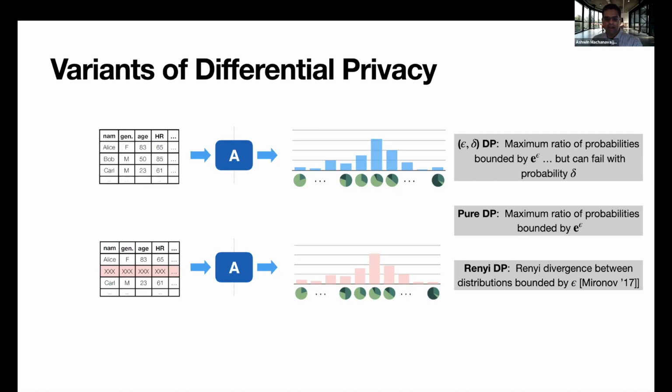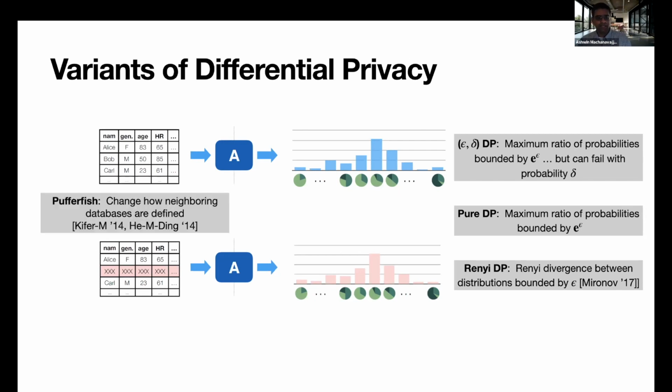But then you can also have variants of this. You can have approximate differential privacy, where you ensure this bound, but with some small failure probability of delta. There are Renyi and zero-concentrated differential privacy, where you're looking at moments of this distribution and then bounding the divergences. All of these make sense in different settings. In particular, approximate and Renyi differential privacy are useful when you think about epsilon not as an absolute value, but as a random variable. You think of privacy as a random variable. So they give you more advanced compositional results.